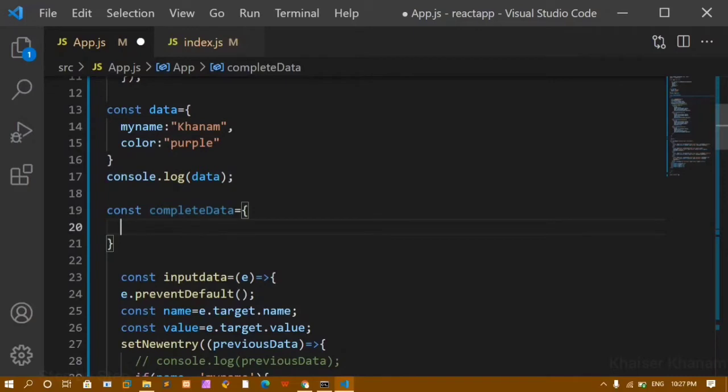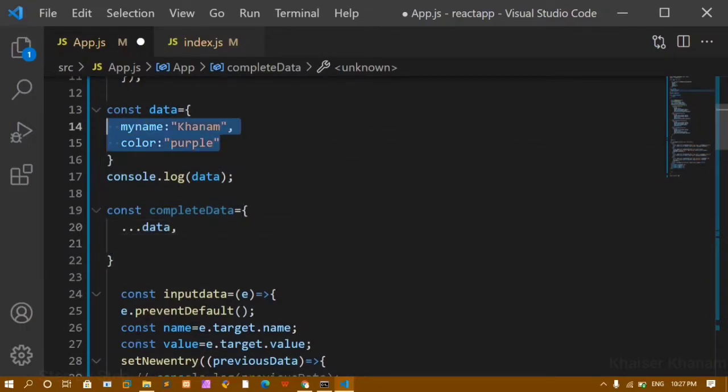For that we will use the spread operator. The spread operator reduces the code: whatever data we have inside this object, we access it and store it here. To use the spread operator, you use 3 dots and then the object you want. I'll copy this and paste it. Now whatever data I have inside this object will be stored inside this one.